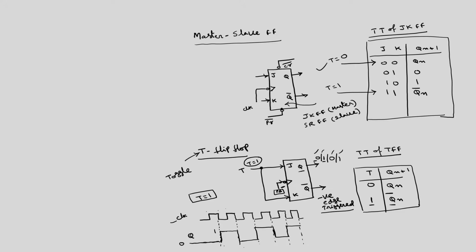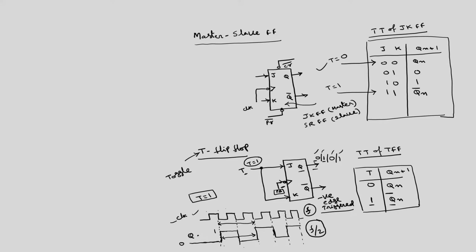One important property you can see here is, if I fix T equal to 1 and apply some clock signal, then I will get some waveform at the Q. If I assume that the clock has a frequency of f hertz, what is the frequency of Q? We can see that this is one period of Q, and here we have two periods of clock. Within one period of Q you have two periods of the clock. So, the period of Q is twice that of the clock, then the frequency will be half of the clock. This frequency is f by 2.